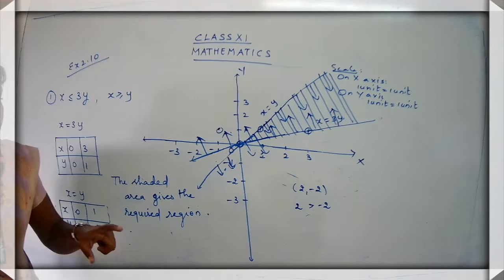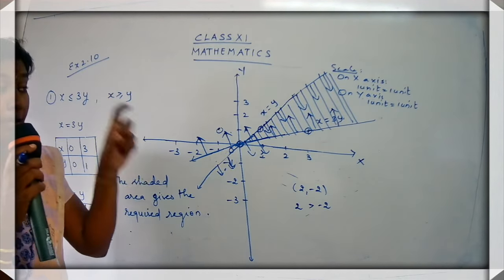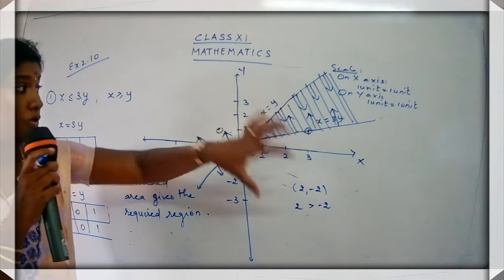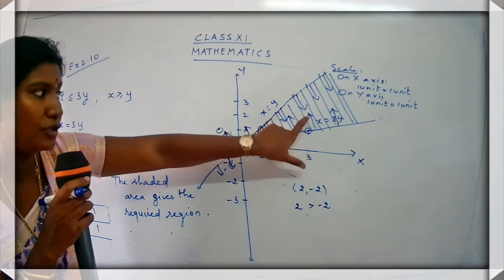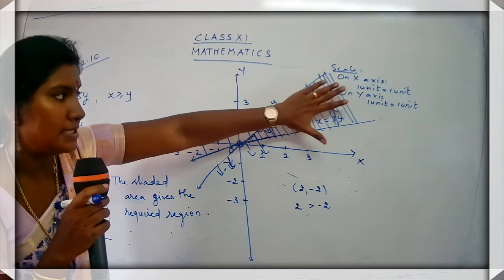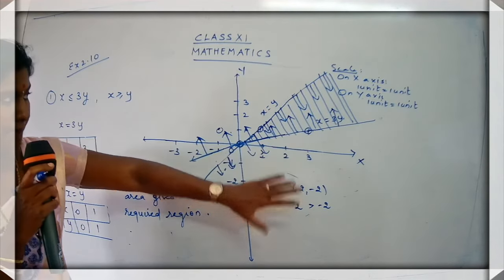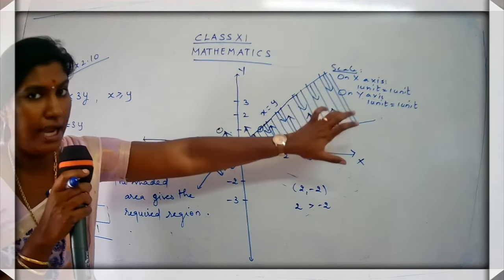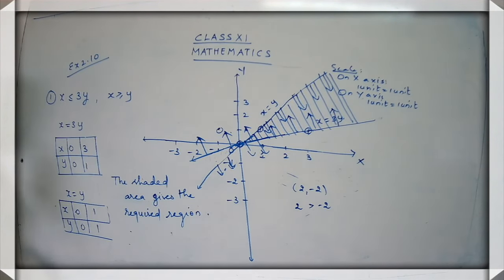And now what are you going to do? You are going to find out the area where you get the arrows to be common. So where you have the arrows common, see this area you have the arrows common. Here also you go. So this is the area where you get the common area. So this area you have to shade it. And you have to write on the final answer as the shaded area gives the required region. I hope you are clear, children.